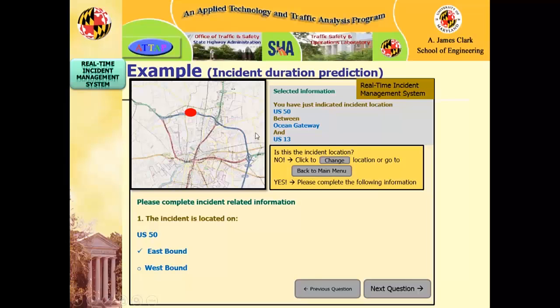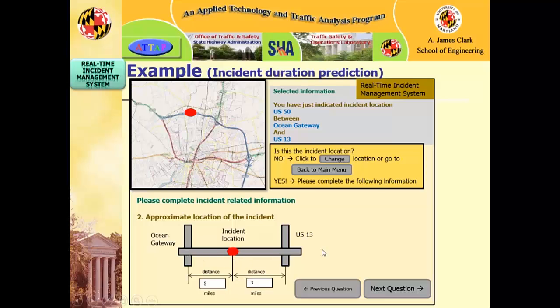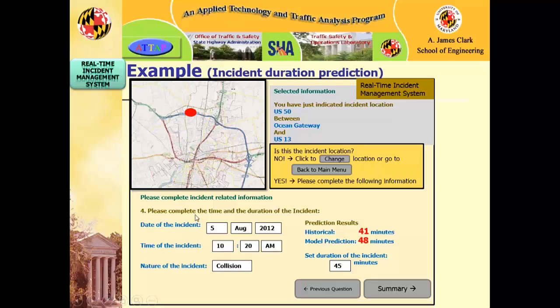So incidents are usually detected by calls from drivers or automatically, for example, we have a fully automatic toll collection system. That also helps to know whether there is a potential incident or not, or potential bottleneck congestion or not. But in our case, mostly 90% get called in by drivers, not the person who created the accident, but someone calling in, okay? Or we have patrols on the highway during the peak hour to detect traffic conditions. So once you detect an incident area or bottleneck area, then your system can log in and immediately identify the location, which direction, and how far from the upstream and downstream interchanges, and based on that information, which direction, okay, next, the time of day of the incident,